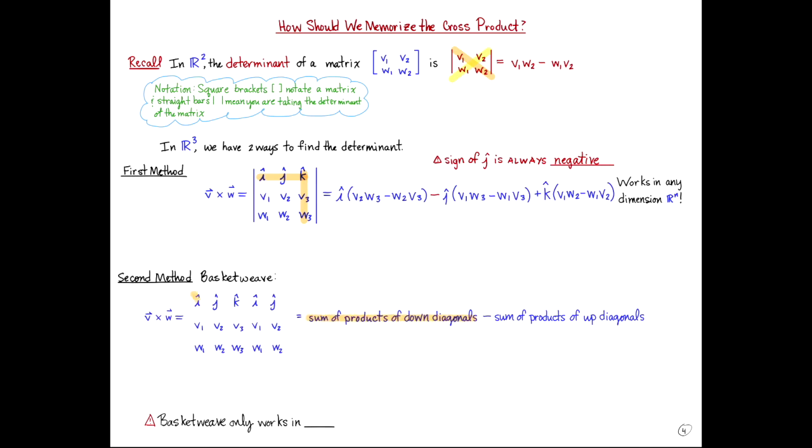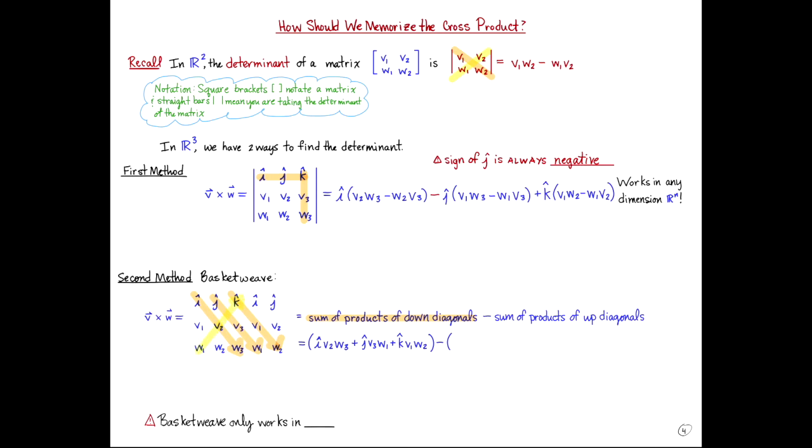Our first down diagonal is equal to i times V2 times W3, plus the product of our second down diagonal, j times V3 times W1, plus the product of our third down diagonal, k times V1 times W2. From that, we subtract the sum of the products of the up diagonals. We'll do the up diagonals in yellow. Our first up diagonal